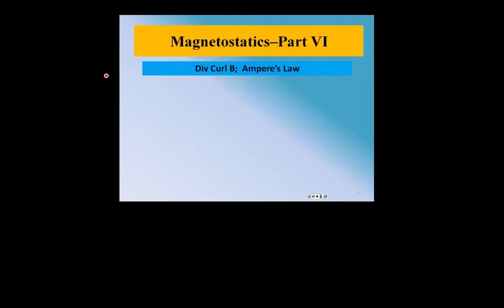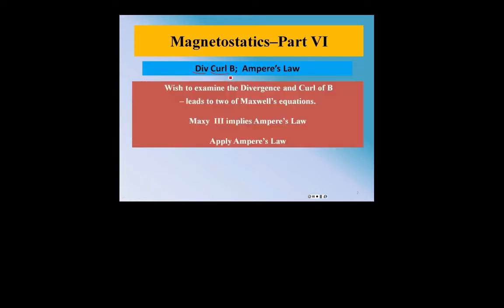So let's take a look at some additional equations for B. We're going to start by looking at the divergence of B, the curl of B, and Ampere's law. The divergence and curl of B lead to two of Maxwell's equations, Maxwell 3 and Maxwell 4, and Maxwell 3 implies Ampere's law. It's a very useful law, of course, because B fields tend to be easy to find for high symmetry